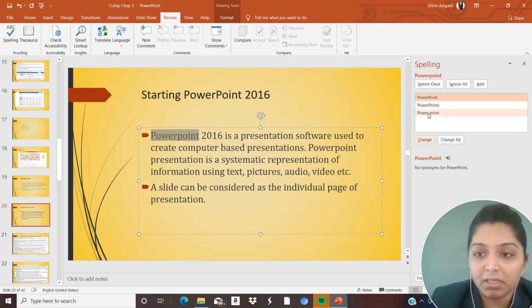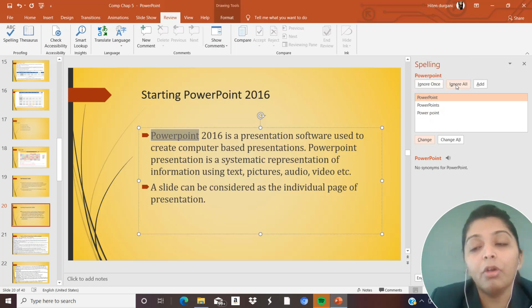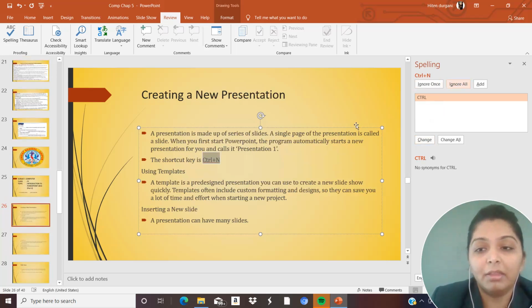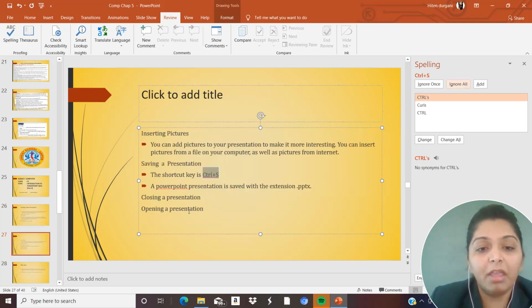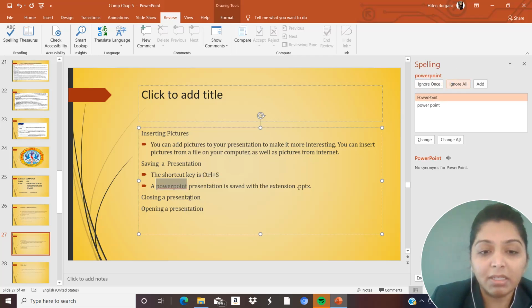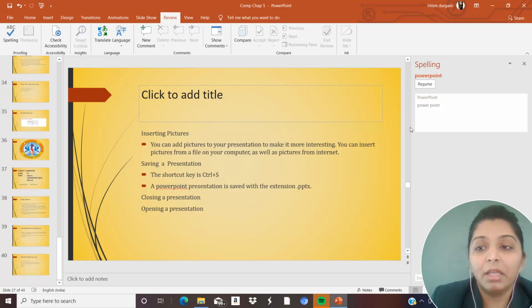If you think that your spelling is correct, you can Ignore Once or Ignore All. You can also do like that. Now here again we have a spelling like CTRL plus Enter, which is Control. We are writing in small letters, but here PowerPoint is asking to check the spelling. So we can click on Ignore All. In the same way, see, the text is highlighted here. It has a red line under it, so we can again Ignore All. Is it clear to you, dear children? Have you all understood how to check the spellings? Yes, then you can close it from here.